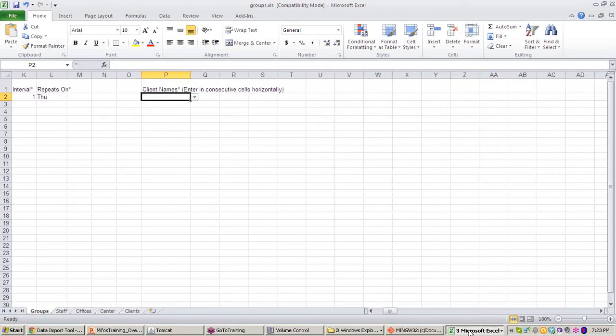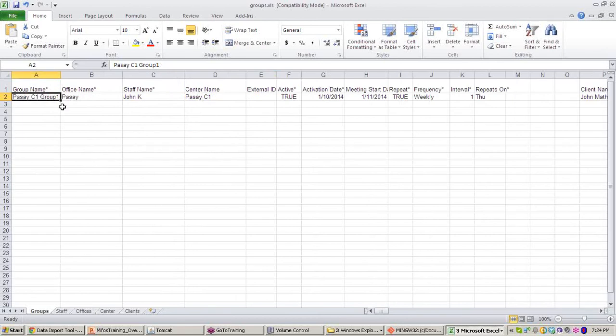Right now, before this we have created clients, that is John, Matthew, Austin and Barney. Let's add them. Keep in mind, whenever you are adding the clients, add them horizontally here. See, John Matthew, 1 client is added to the group. Second, Austin, 2 clients are added, and third, Barney Wilson. 3 clients are added.